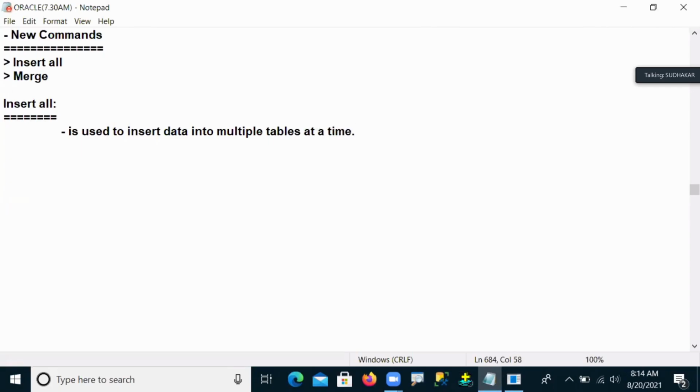So this is the advantage of the insert all command for us. We can insert data not into a single table, but into multiple tables.